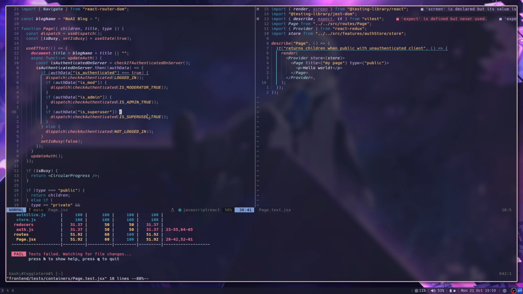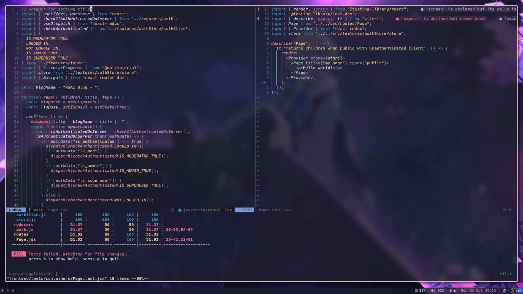Let's get into it. So I am testing, at the moment at least, this component. I was going to describe what it was, but it's just a wrapper for setting titles and managing authentication state with Redux. And the testing with Redux is the fun part. It's not hard to do, it's just more work to do, which is never fun. Or maybe it is, who knows. Anyways,